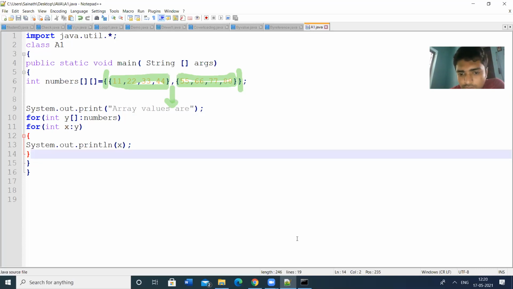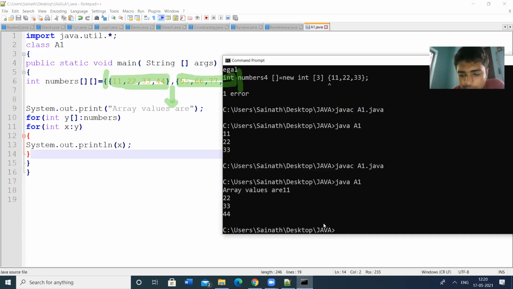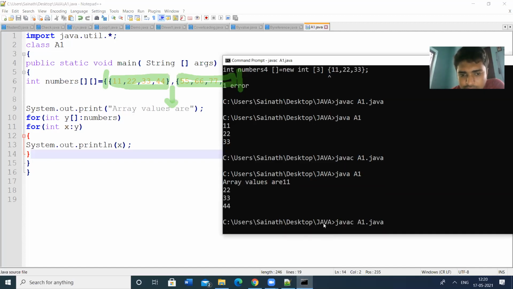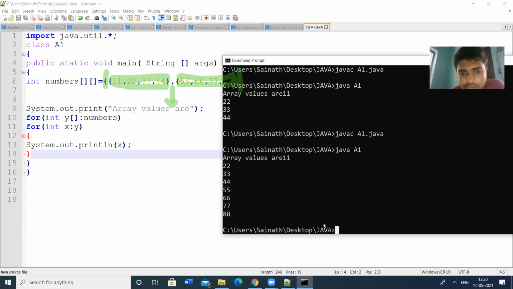Let us check the output. No errors. So this is the output: 22, 33, 44, 55, 66, 77, 88. So this is the two dimensions.